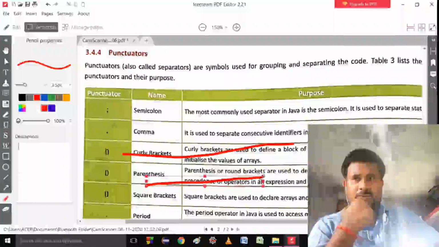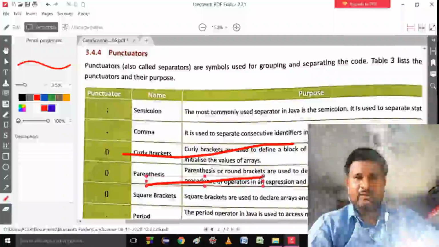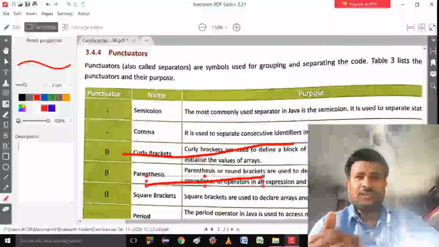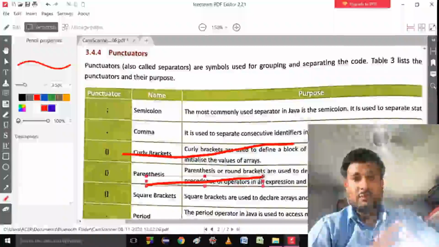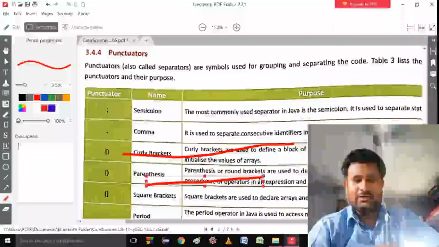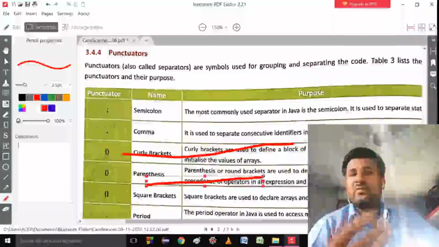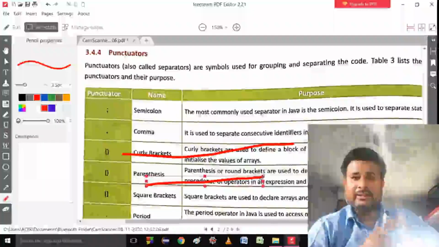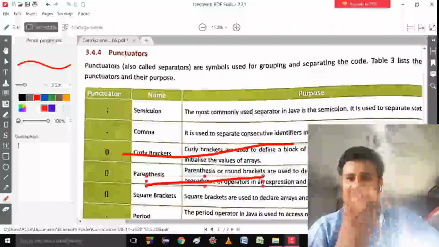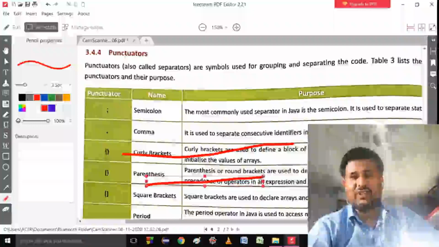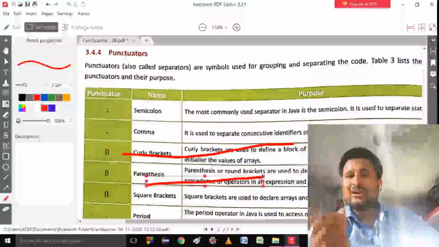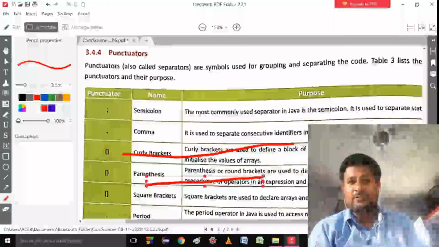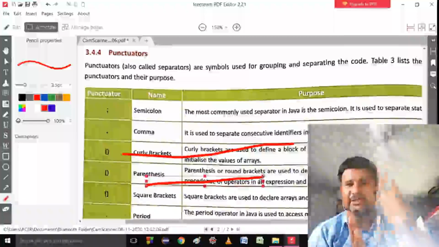And one more thing I want to explain, I recalled what I wanted to explain. Suppose animal is a class name, and cat is the object. What can the cat do? Cat can walk, cat can eat. These are the actions of the cat. I explained in the previous videos that actions are called methods in Java. Cat and dog are the objects, and these are the methods of the cat.